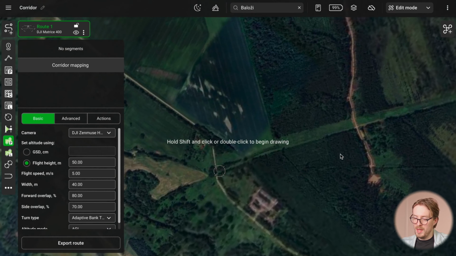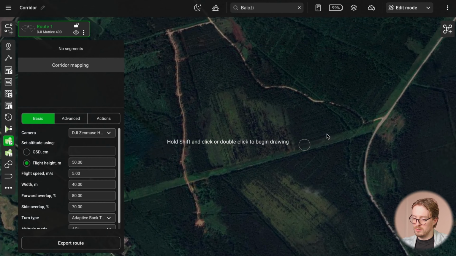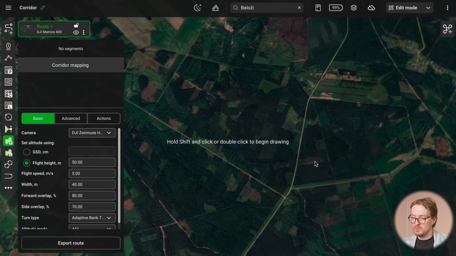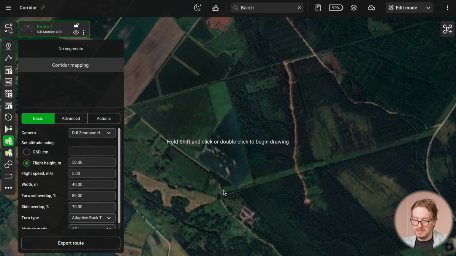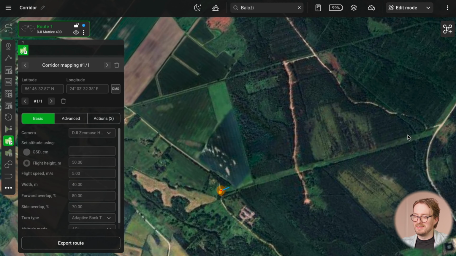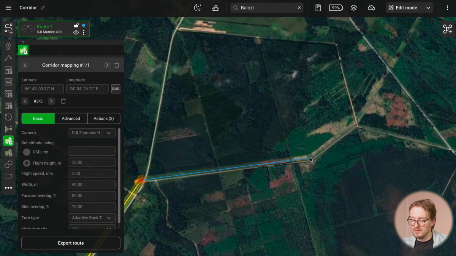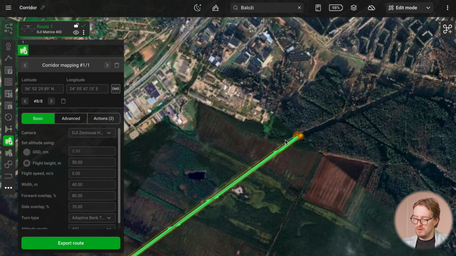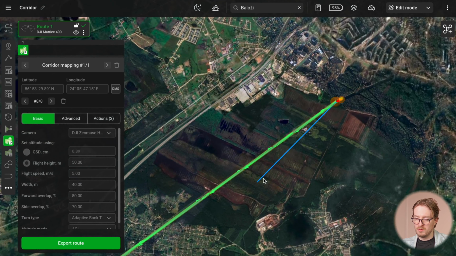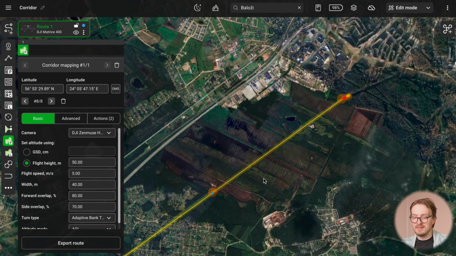Now, here on the map, you can see, so this is actually a power line corridor that goes through this area here. So now to get started, I can simply add some initial points for the corridor. So to do that, I will simply hold down the Shift button, and now I can click to add these points. Okay, and now these are the initial points for our corridor mission, and I can simply hit the Enter key